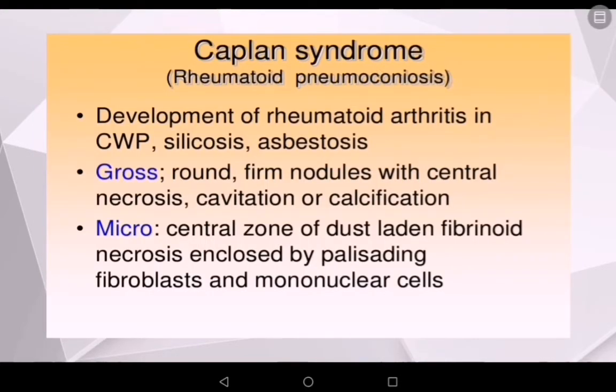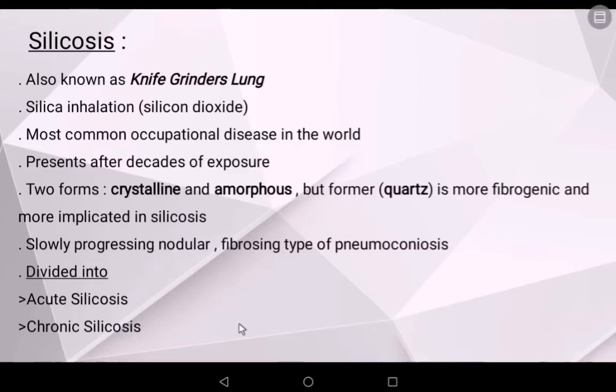Caplan syndrome. This is the thing I talked about early in the list of organic dusts. Basically, Caplan syndrome is rheumatoid pneumoconiosis. It is the development of rheumatoid arthritis in coal workers pneumoconiosis, silicosis, and asbestosis. So this is a thing which is common to all three pneumoconiosis diseases. The morphology will show round nodules with central necrosis, cavitation, and calcification, and microscopy will show a central zone of dust-laden fibrinoid necrosis enclosed by palisading fibroblasts and mononuclear cells. So this is all about the